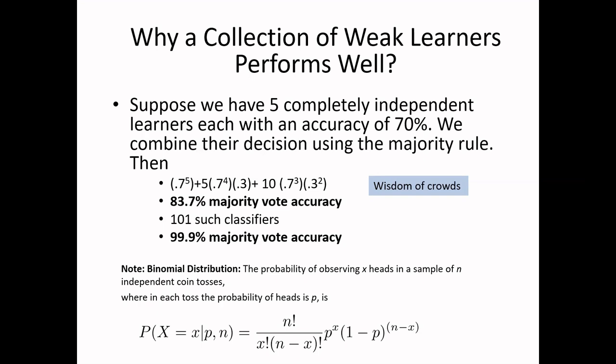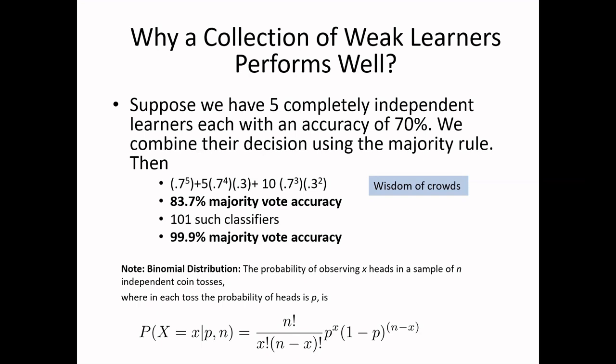We combine these learners or their decision rule, and let's say we're talking of a binary classification problem. We have 5 learners, which means we get 5 votes, yes or no, and we combine them using a simple majority. If there are 3 yeses, then it is yes, otherwise it is no. So what we can do is figure out,